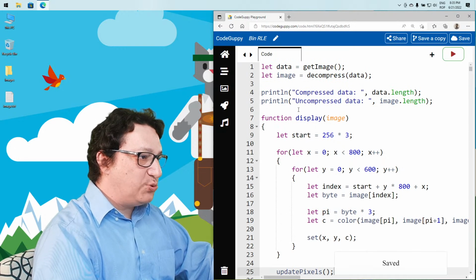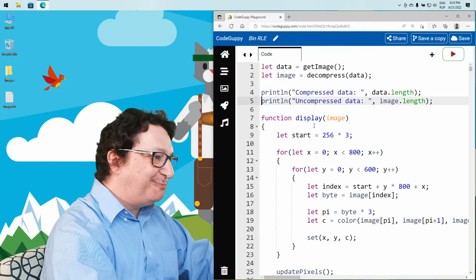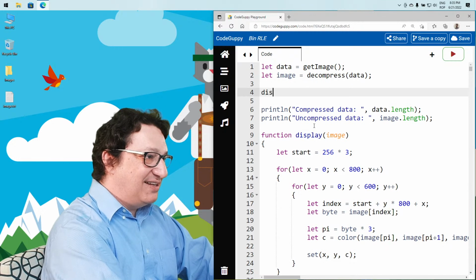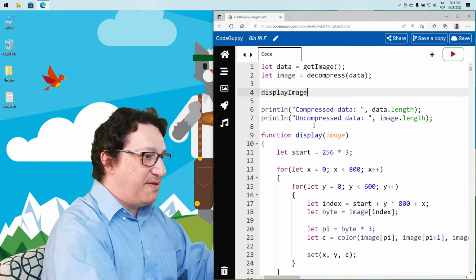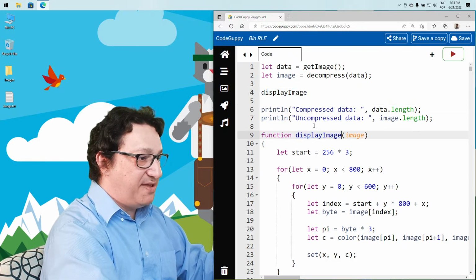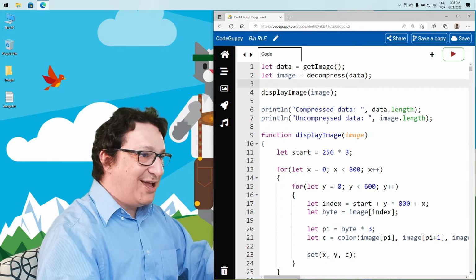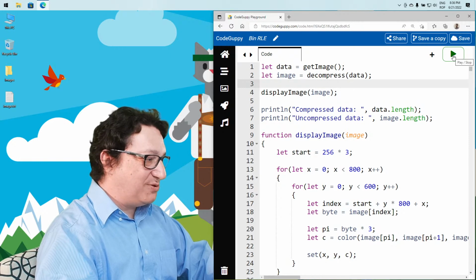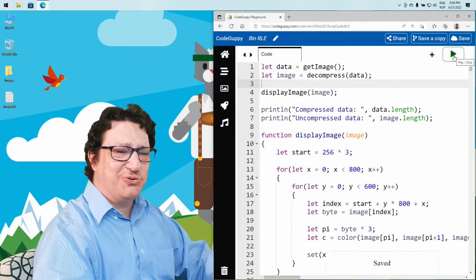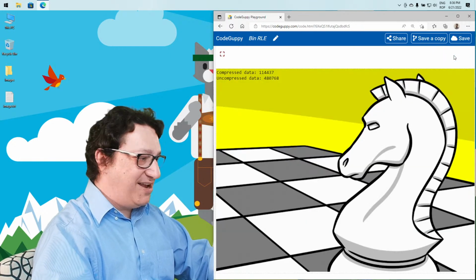So we'll save this one and let's call it display image. Let's name it display image, and we'll pass the image as an argument. And let's run it. Surprise, surprise. Save it again, just not to break on us. And